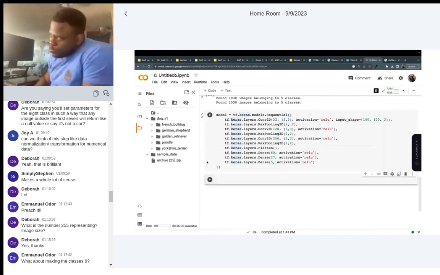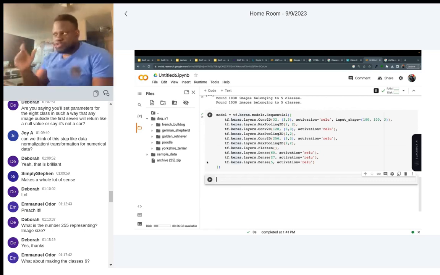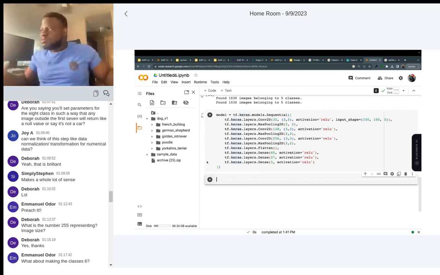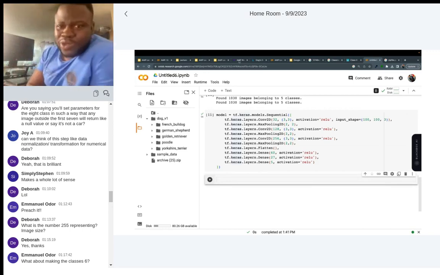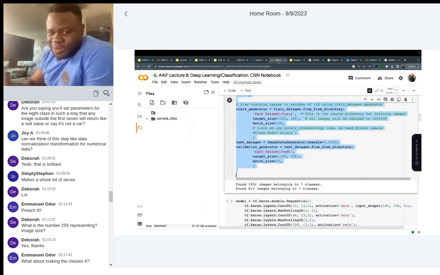I'm assuming, as I said on my story, all of you have gone to study the other notebook. So after data augmentation, we've done the model. What we need to do is create an optimizer and also hyperparameters. What is the number of epochs the model will train for? So just come to the other notebook. Don't worry, you can copy.